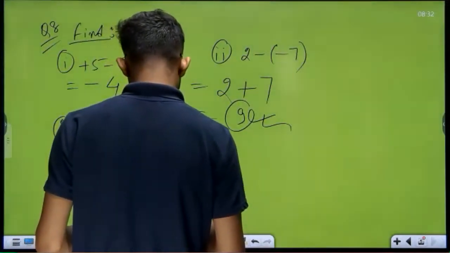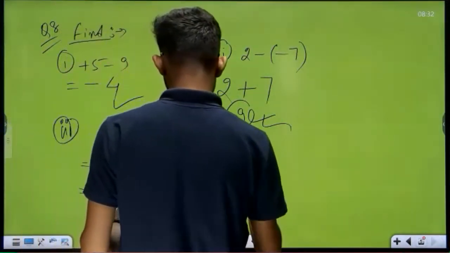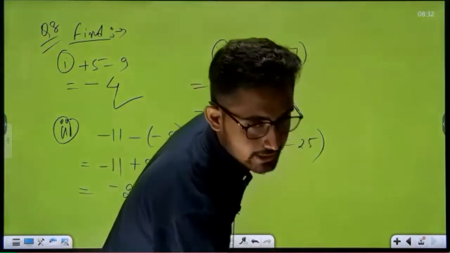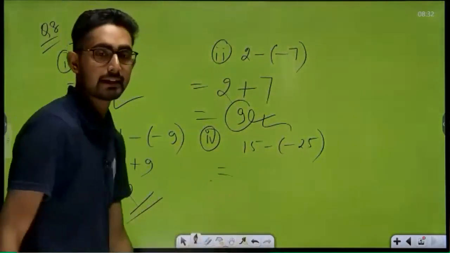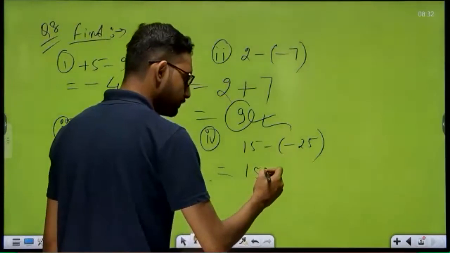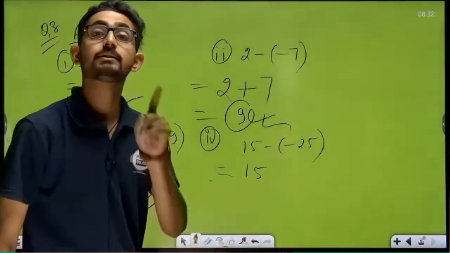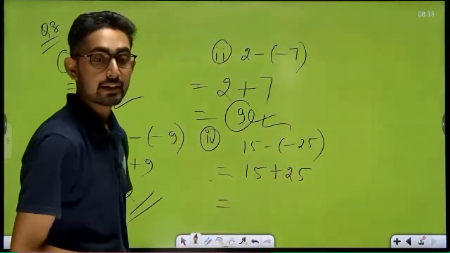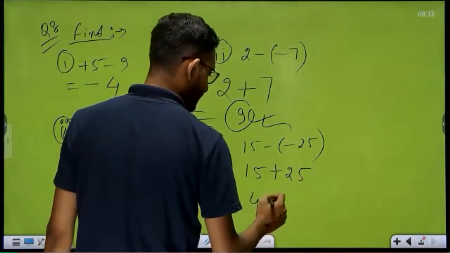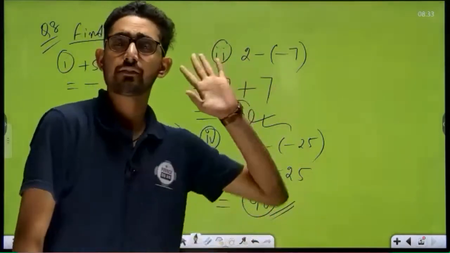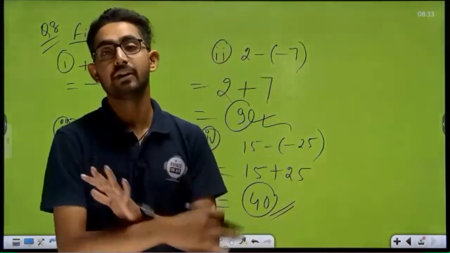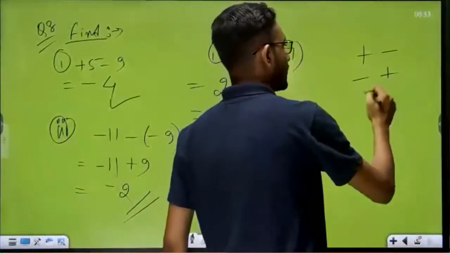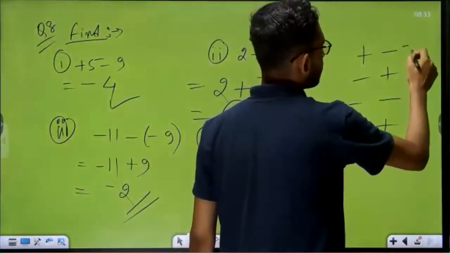That is the 100%. Now next question, let's see, question number third part completed, fourth part. So in this fourth part, students, that is also very easy question, 15 minus minus 25. Okay, so let's see what is the correct answer. 15 minus minus 25. Write down first of all 15, all of you. Done. Minus minus plus, and write down plus 25. So 15 plus 25 is equals to 40. Yes. Done. Means this each and every question if you observe, very easy question. If you know that thing, plus minus what, minus plus what, minus minus what, plus what, ये आपको आना चाहिए.